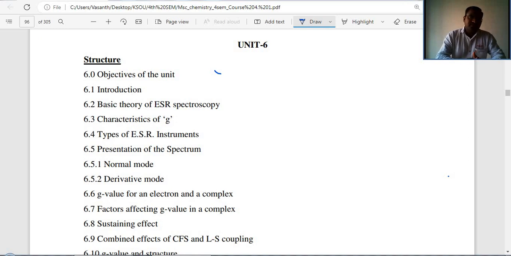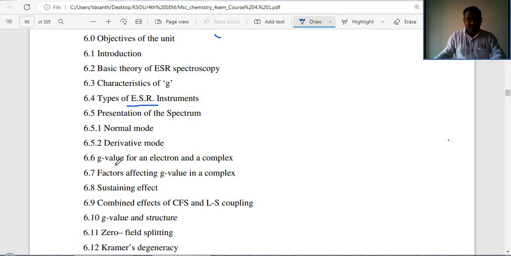In this, we have to discuss the characteristics of G value, types of ESR spectroscopy, presentations of the spectrum, G value of an electron and a complex, factors affecting G value,